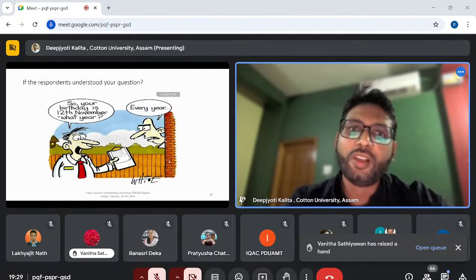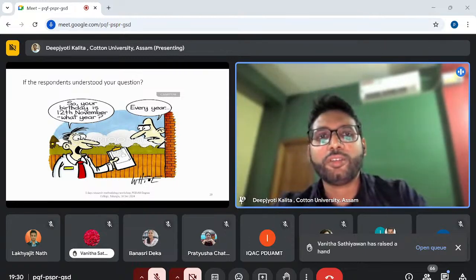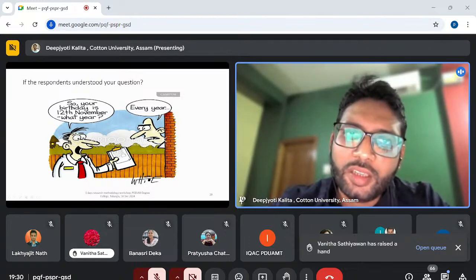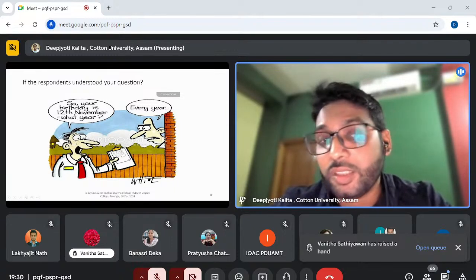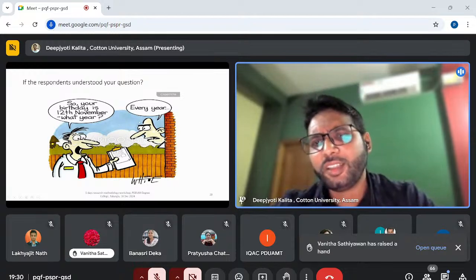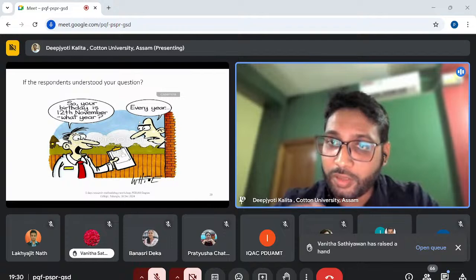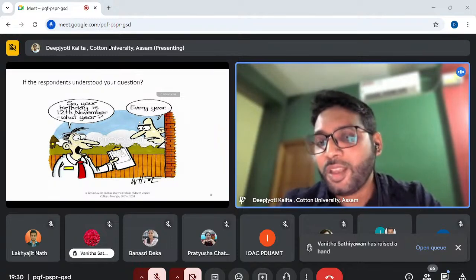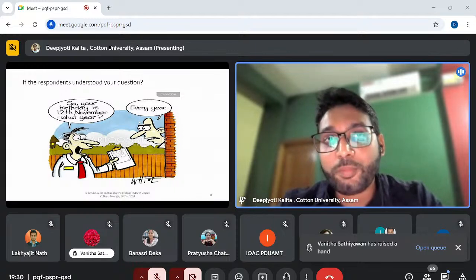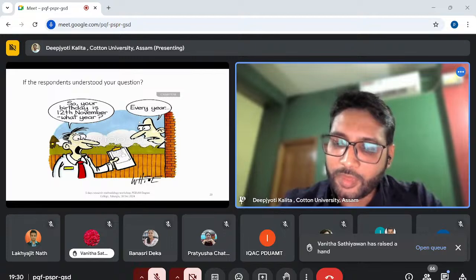For example, on whether your respondent has understood the question, I will request you to read this cartoon. So in this question, I suppose what it is asking. Your birthday is 12th November. The questioner, the researcher, asks what year? The respondent says that every year, 12th November is my birthday. It is a probable good answer or right answer for the question. What is your birth year? Every year, 12th November is my birthday. So it is essential that the respondents understand your question, what you are asking. Next,